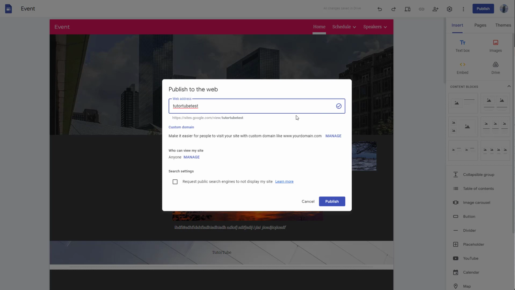If you have bought a custom domain, then you also have an option to link your custom domain, so that they will be able to just type in your domain directly, just like this. But over here, I don't have a custom domain that I have bought. So I'm just going to select TutorTube test right here, and this is going to be the